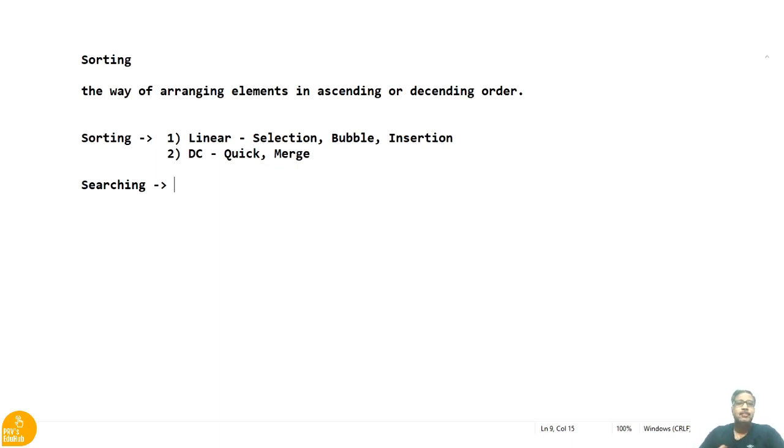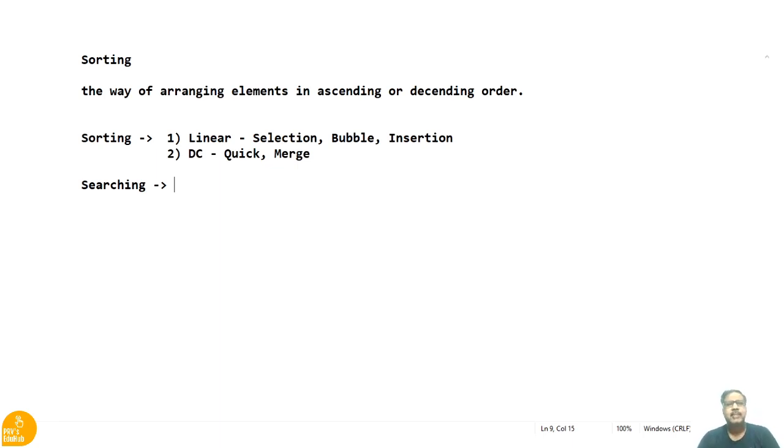The reason is, for example, in your study room you have not arranged the books properly. The books are in zigzag fashion. If I ask you to identify a book from that room, then it will take a long time to find where the book is. If you have arranged all the books in ascending order or descending order or in some lexicographic order, then it is very easy for you to identify the book.